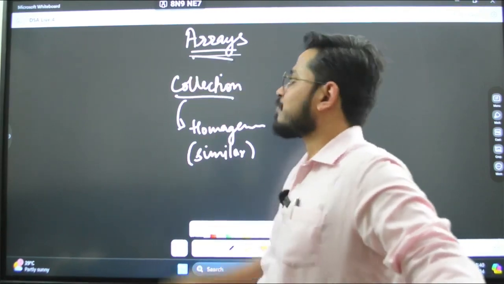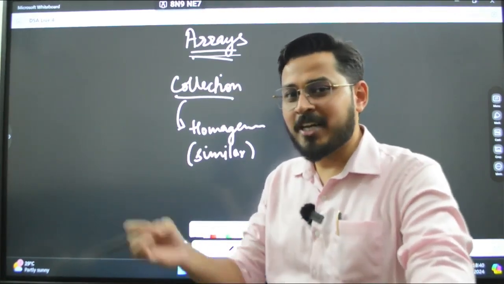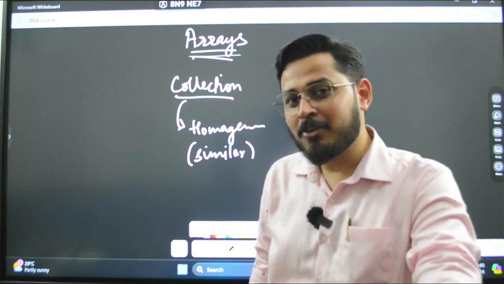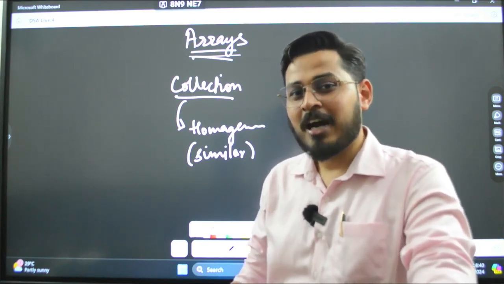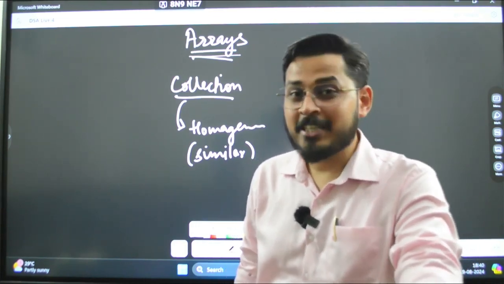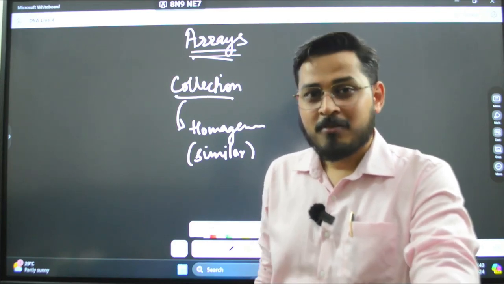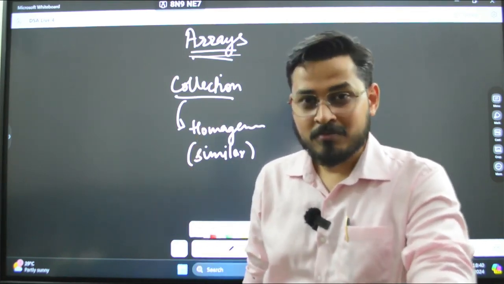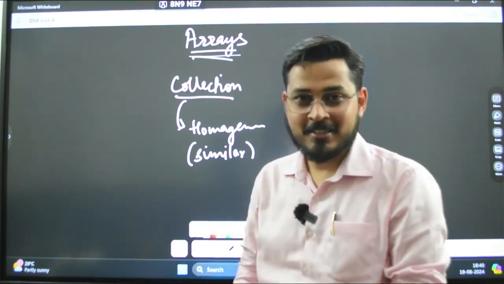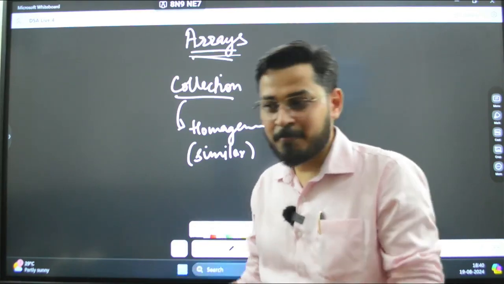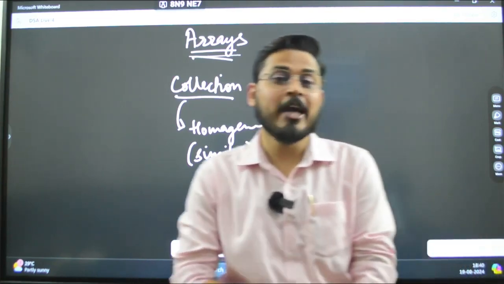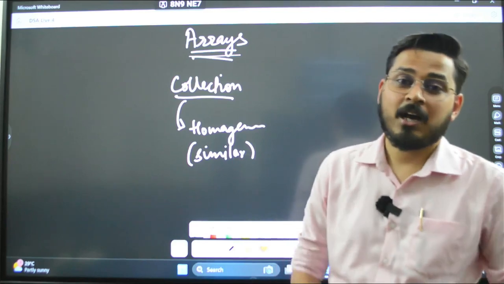Talking about arrays, what is the meaning of array in English? If you go into a dictionary, it will also say that an array is a similar set of items. For example, you have 10 chalks through which we write on the blackboard. We say array of chalks, array of pencils, array of pens. So similar type of data grouped together in one place is what you call an array.